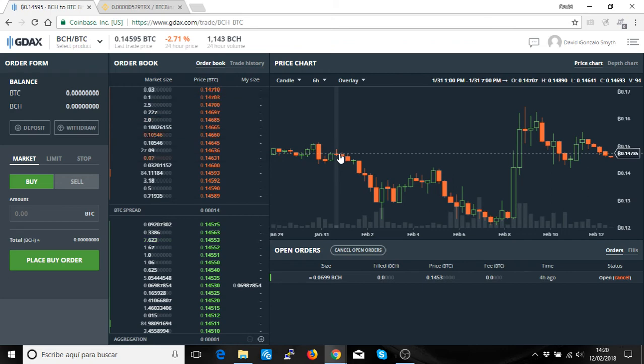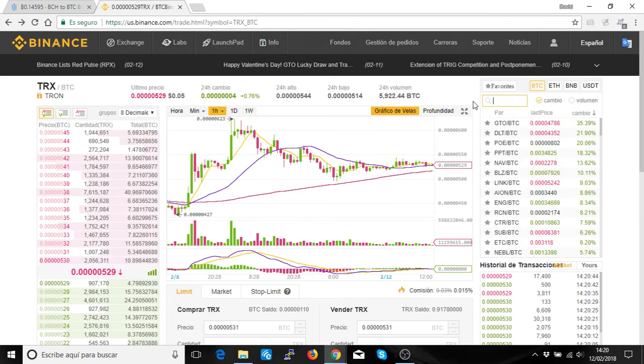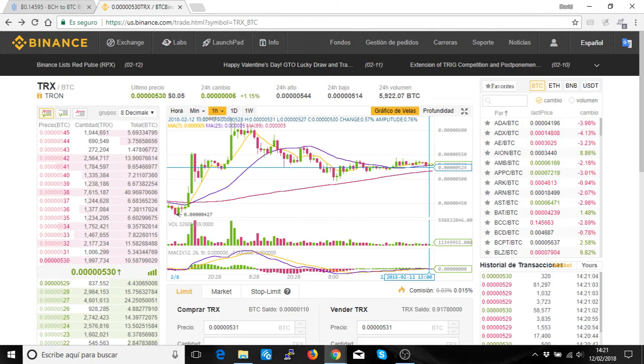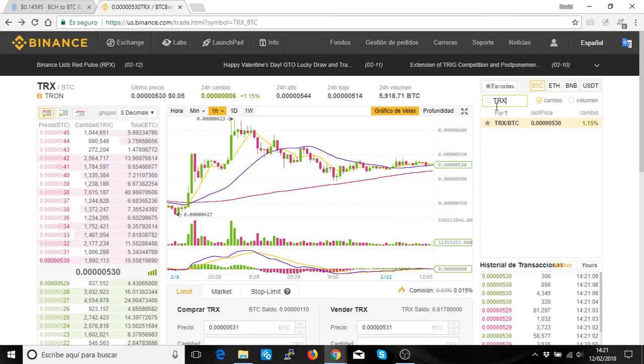And then I'll show you another exchange, which is Binance. In Binance, as you see, it's a bit more complicated because you get many more coins, which are here. Okay, but it's also a lot of fun because you play around with lots more coins. So basically here are the coins. You just have to choose whatever you want, or you can look for it. So I can search for the coin I want and just click on it. I'll get the graph,